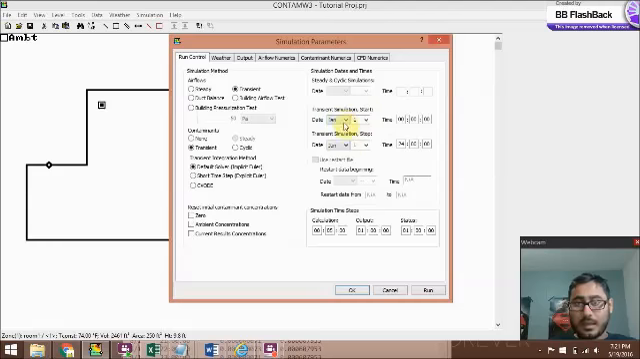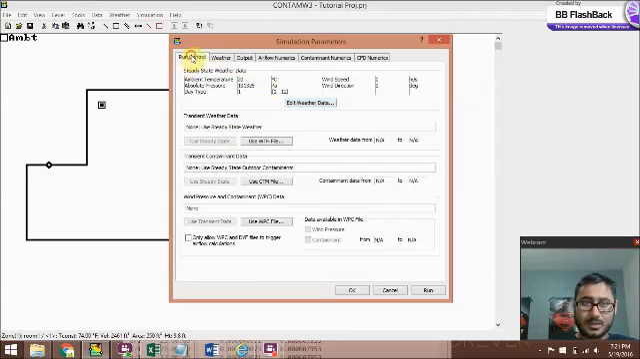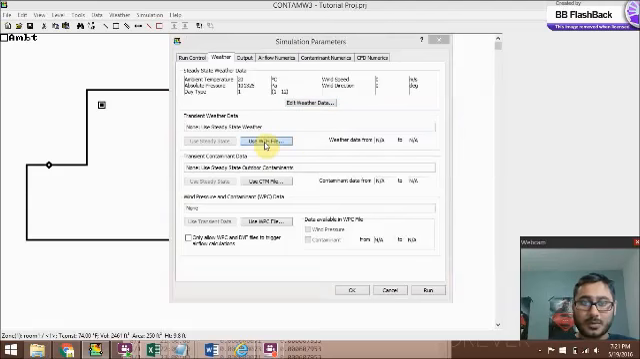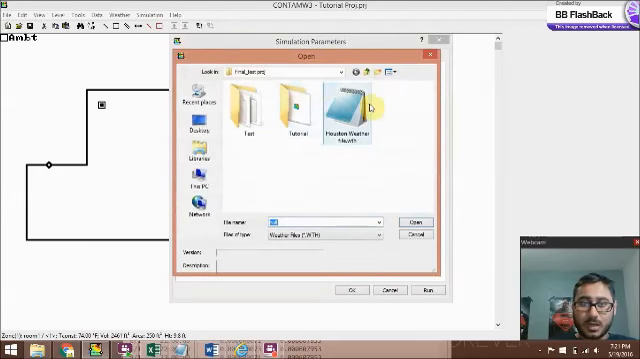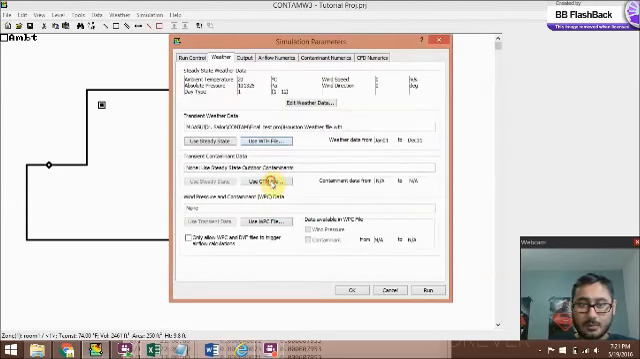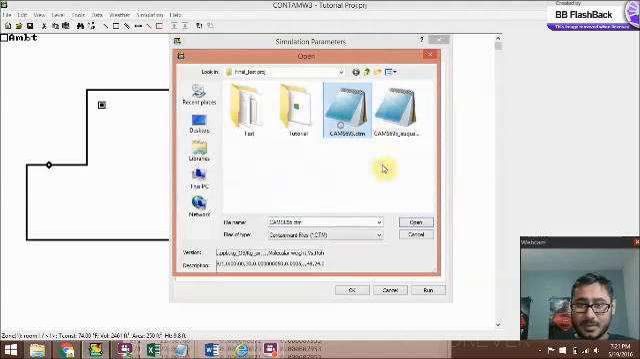Your date, start time, and your end time. So your end time would be probably 30, since I'm doing it for a month. Then your weather. Once your controls are set, you go to your weather, you set up your WTH file. So I would go in this, and I have my WTH file set up. I have my CTM file set up,